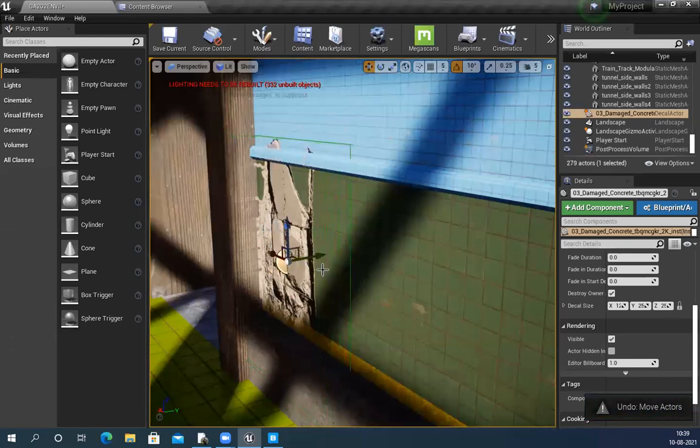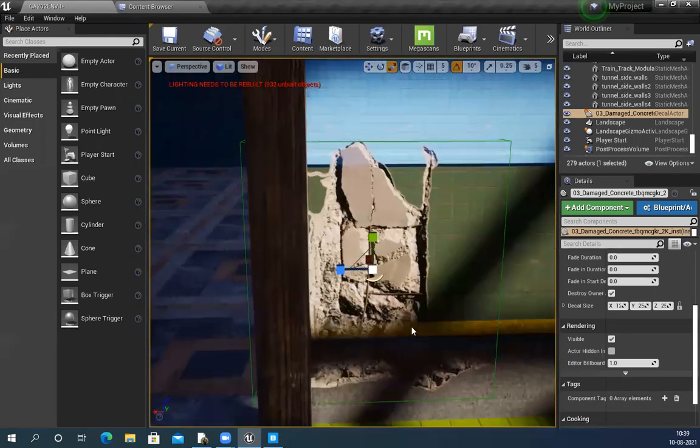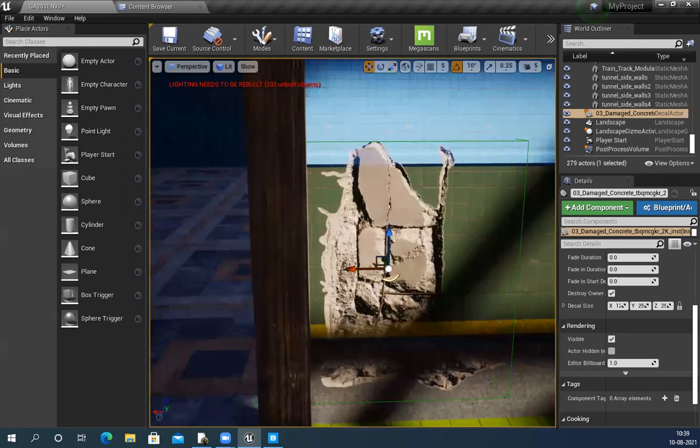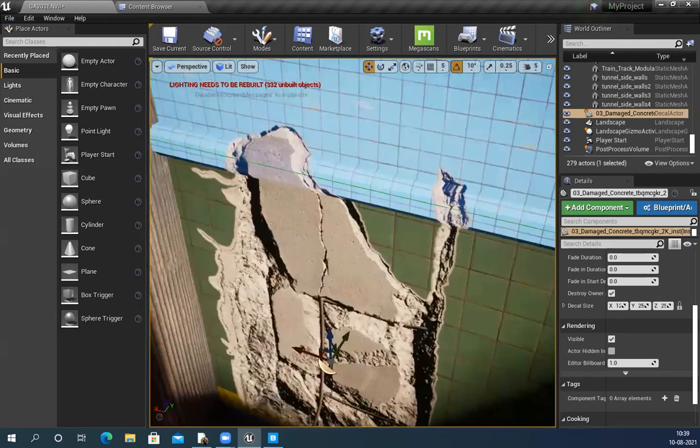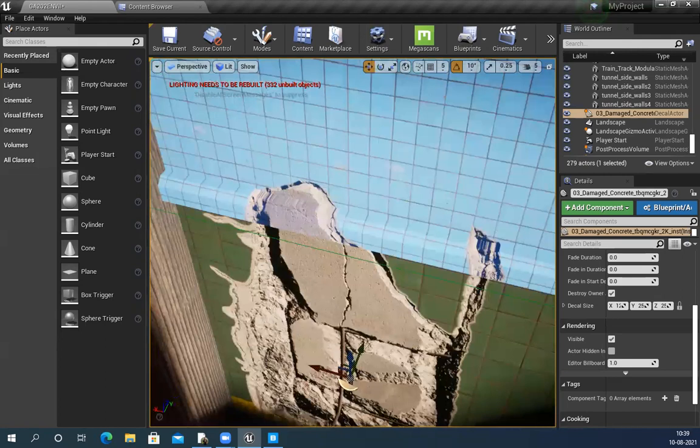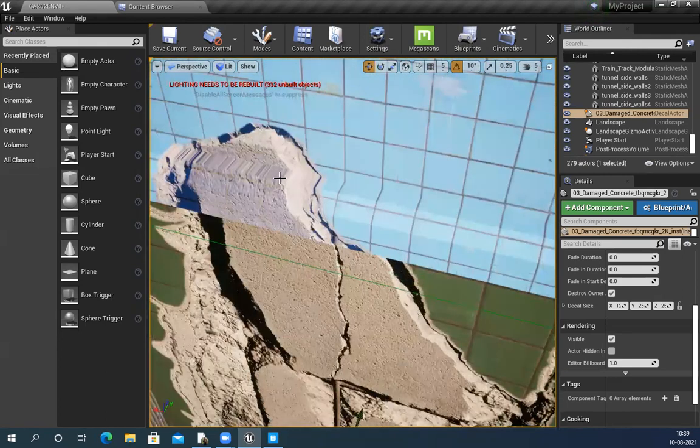If I want to increase the width, I can project this on this entire area. But the only problem with decal map is, whenever you have a 90-degree angle like this, it will create this stretch because it cannot project onto a 90-degree angle.